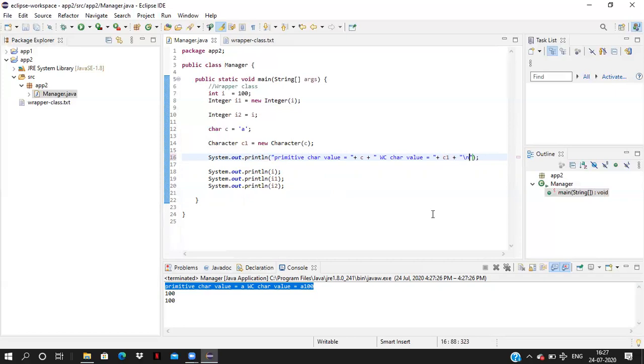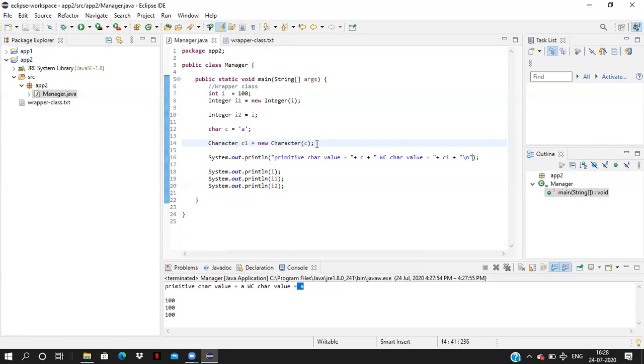It will give one space between the lines. After printing the first line, I am giving the space here, as you see in the output. Now primitive character value is A and wrapper class character value is also A, because we are just converting primitive data type to the wrapper class object using the constructor of wrapper class.